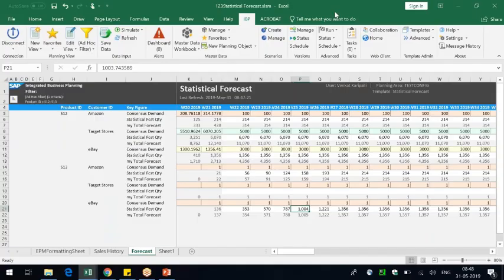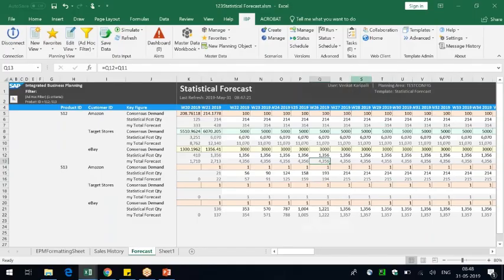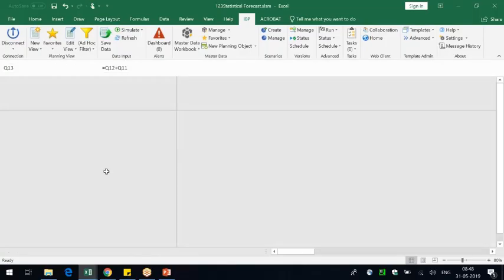But if it is less than 50, just give it in red, so that in the entire sheet you will see some red color in one cell, red color in another cell, so that the planner can pinpoint that particular time bucket and see what's wrong in that time bucket, why the stocks are very low. So this is how you do your EPM formatting. I just gave you a hint, and now you can imagine the possibilities of it.